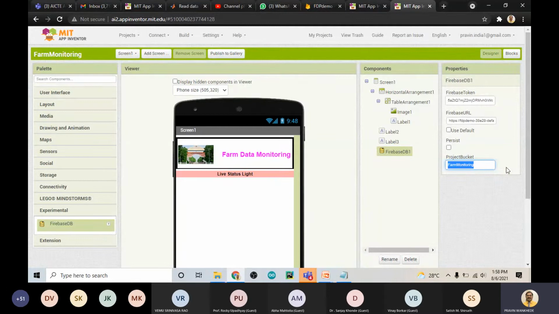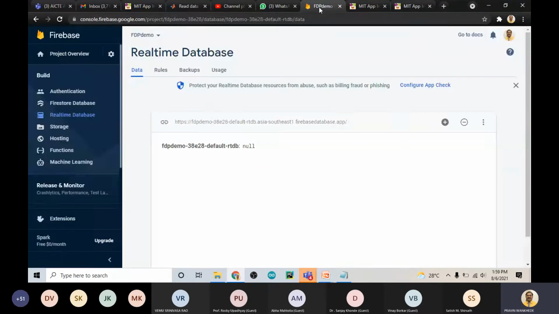I hope you understood what I have done. I have to add the Firebase token here. Then I have to add the Firebase URL that we have copied in the notepad, and then the project bucket. Okay, those who have joined later on, they know. Go to your Firebase. This is the URL.